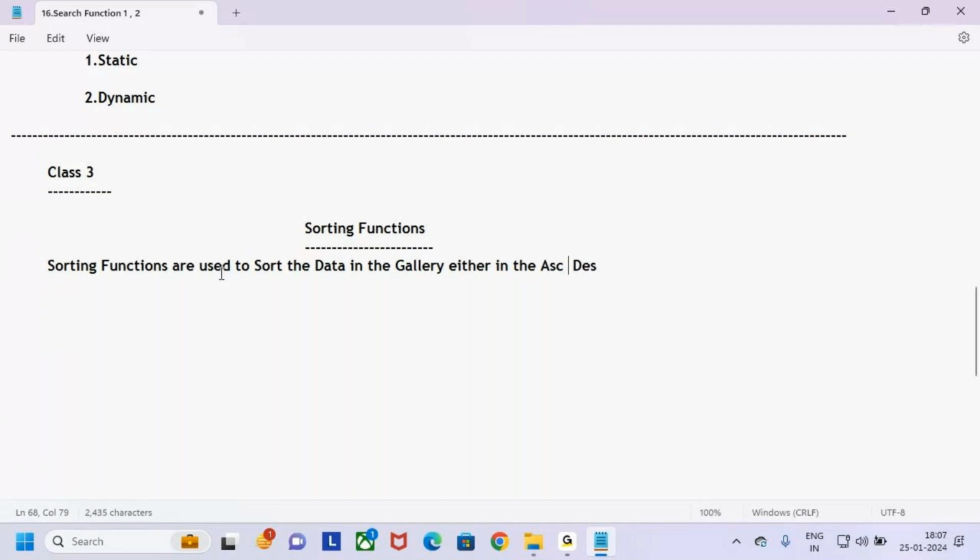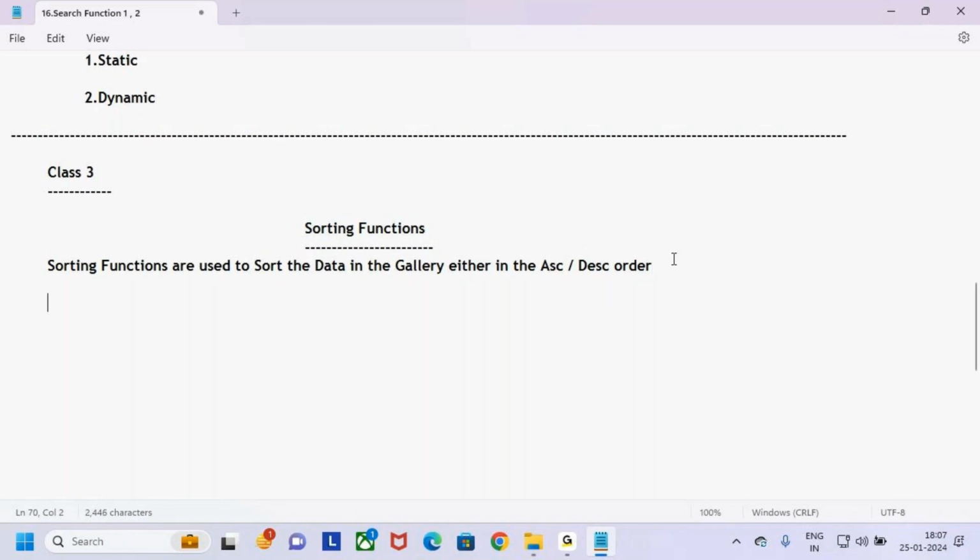What is the functionality of the sorting functions? They are used to sort the data in the galleries either in the ascending order or in the descending order. Whenever you want to sort the data in the galleries, either in ascending order or in descending order,